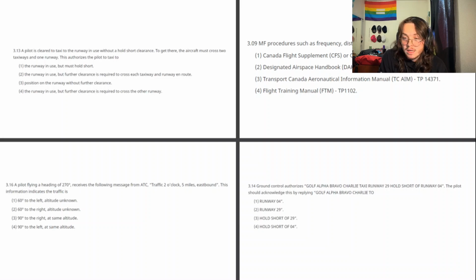This authorizes the pilot to taxi to the runway in use but must hold short, the runway in use but further clearance is required to cross each taxiway and runway en route, the position on the runway without further clearance, and 4, the runway in use but further clearance is required to cross the